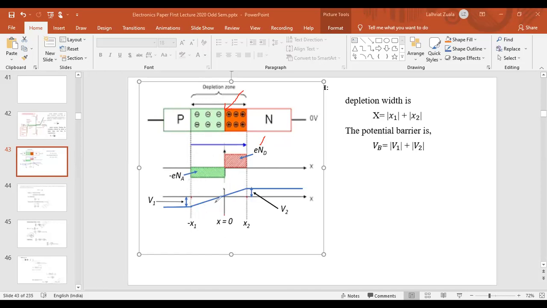So minus x1 is the distance up to which the depletion region on the p side extends. The depletion region on the p side is between minus x1 to 0. The depletion region on the n side is between x equal to 0 to x2. So if you want to calculate the depletion width here, as you see here,